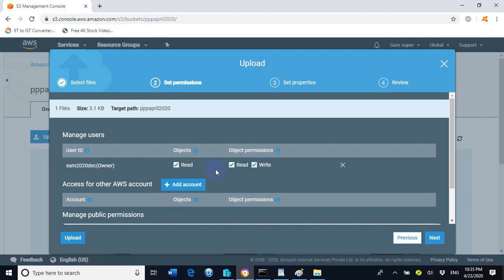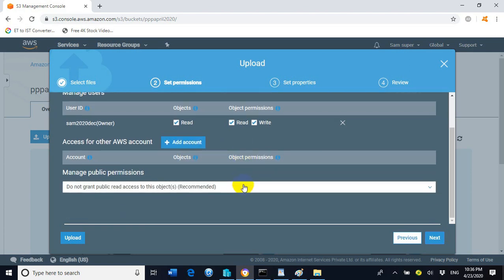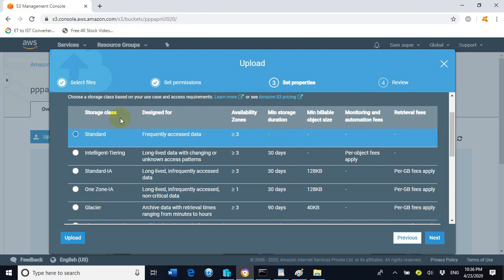He can read the bucket contents, he can write contents in the bucket, he can do anything. He has full permission, and you can create another account and give permission as per the requirement. Now click on next. We have no need to change anything.